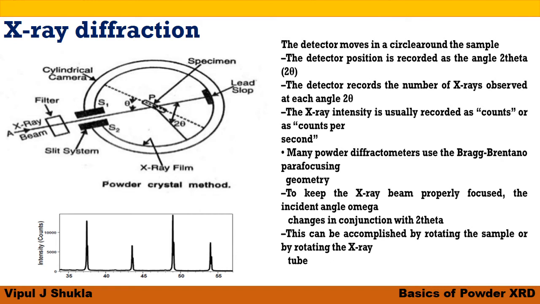The experimental arrangement of the powder crystal method is shown in the figure. Its main features are, look at the figure: A is a source of X-rays which can be made monochromatic by a filter. Allow the X-ray beam to fall on the powder specimen P through the slits S1 and S2. The function of these slits is to get narrow pencils of X-rays.